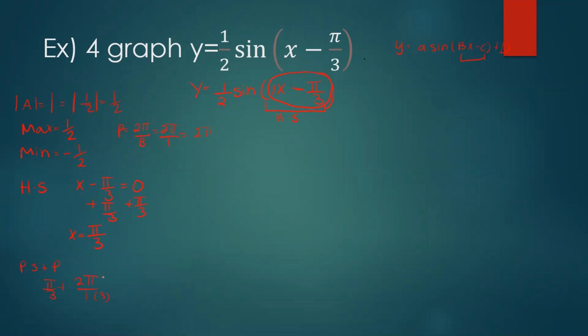So this is going to be 3, this is going to be 3, so this is 6 pi. 6 pi plus pi is 7 pi over 3. Pi over 3 plus pi halves. Oh, I made a mistake. It's actually,